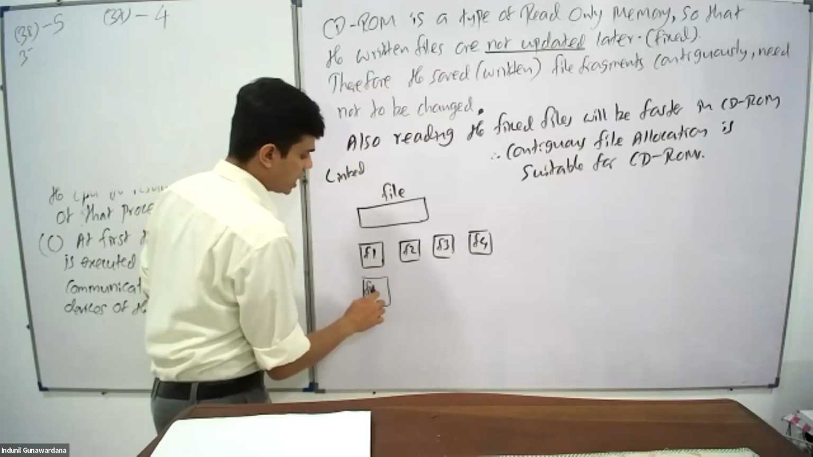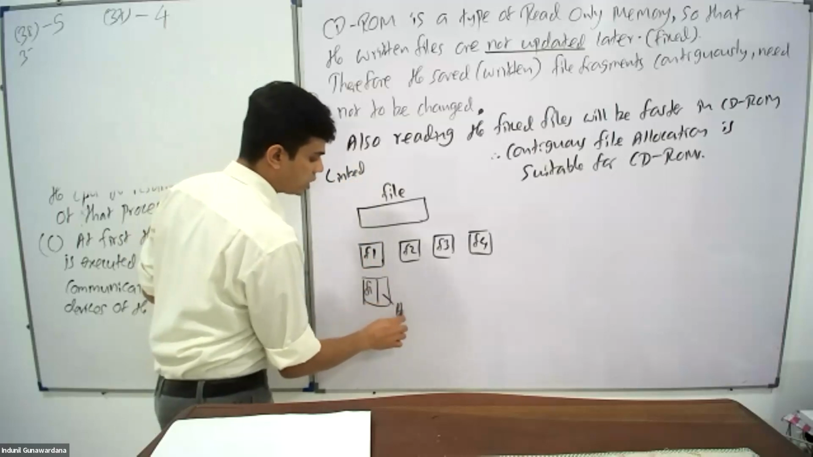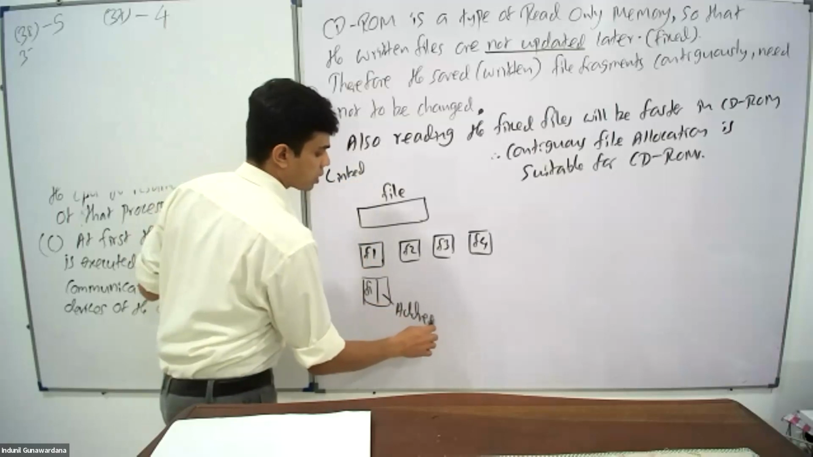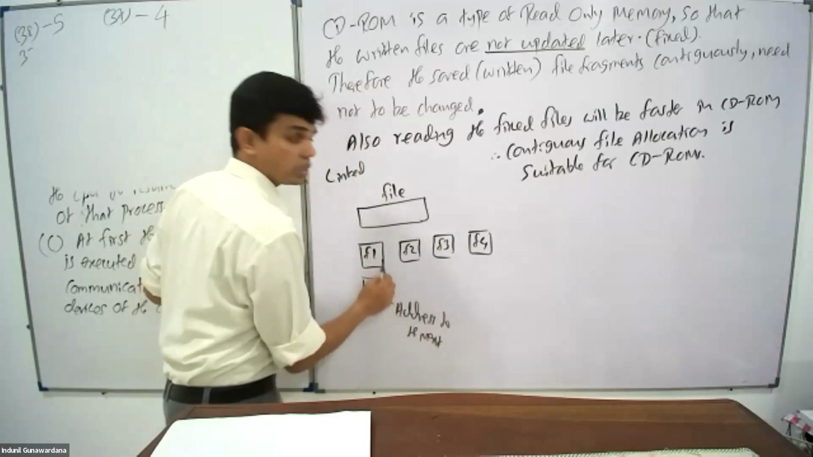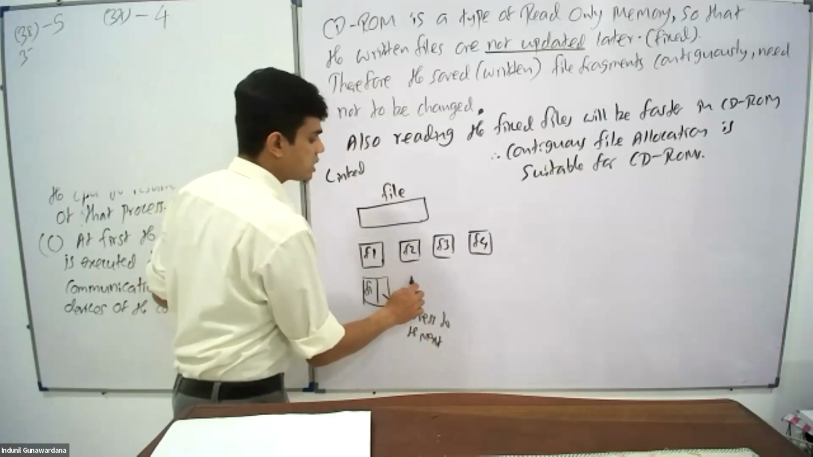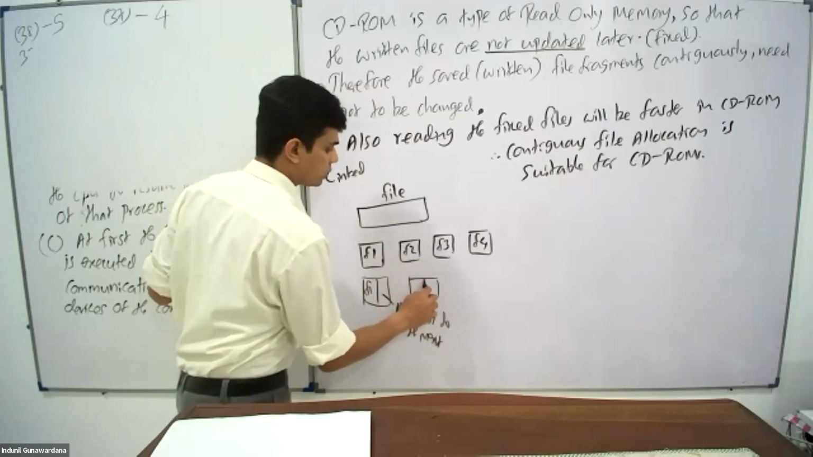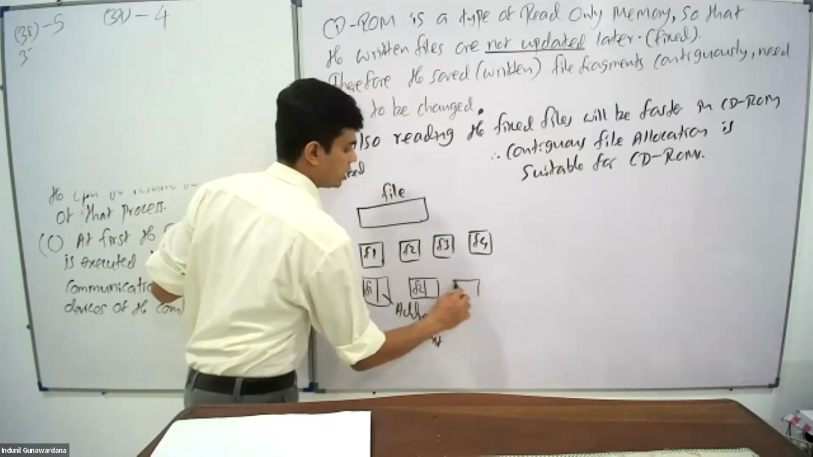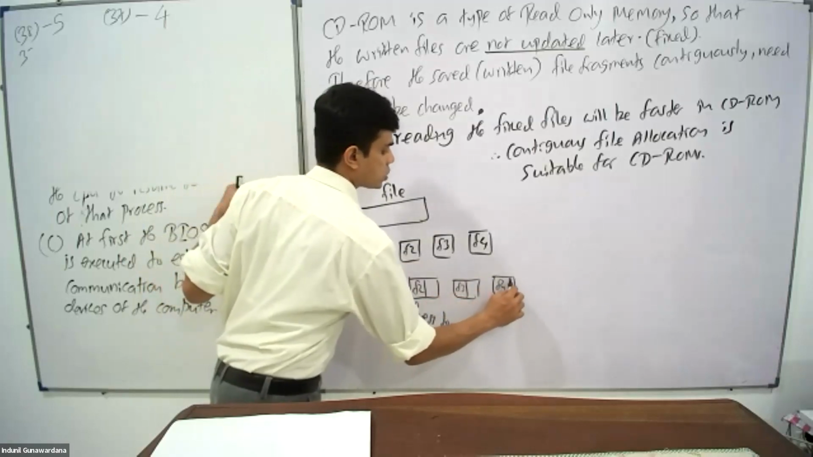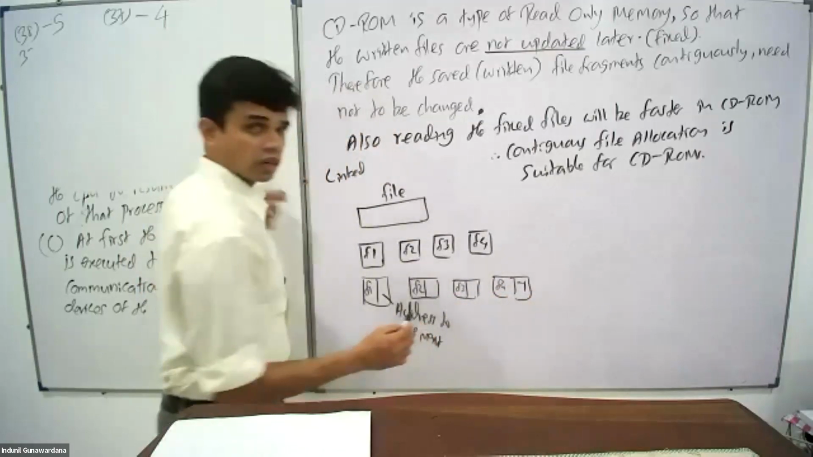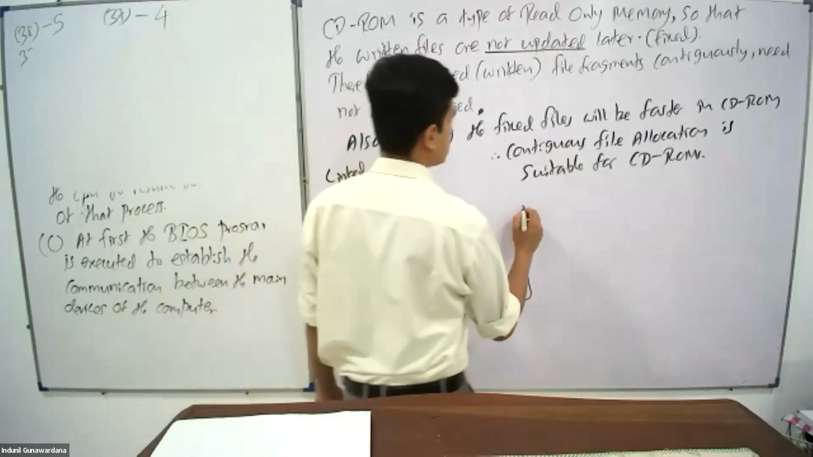Why? Other than F1, it has to have the address to the next block that will link the next block. Even this has the address to the next block. Even this has the address to the next block. Even this has the address to the next block, but that's going to be -1. Can you remember that? Then the answer is